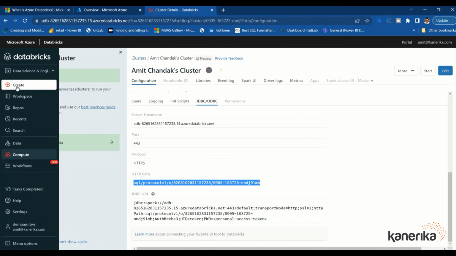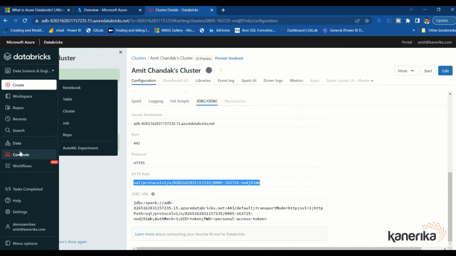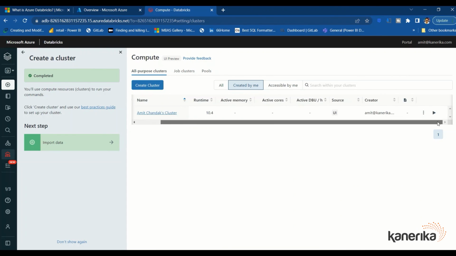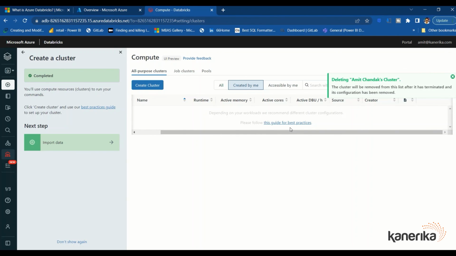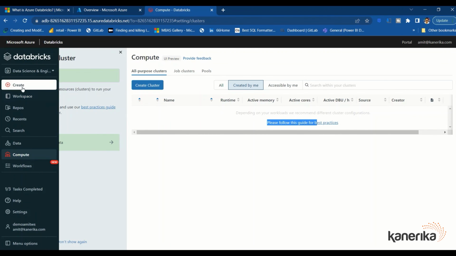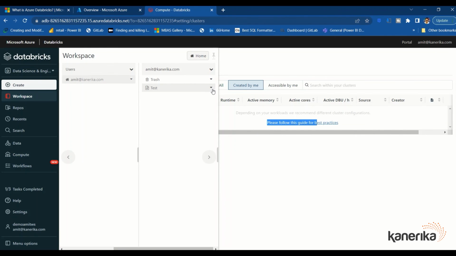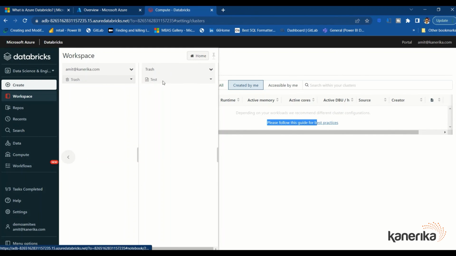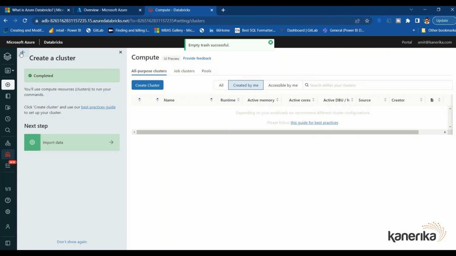Okay, I can go back here and click on the compute, and I can see my cluster here, and on the three dots, when I scroll to the right-hand side, I see a delete option, and I say delete, and it's saying deleted cluster. The cluster has been deleted. Let's see, do we have anything else left in the workspace? We have this test, and we'll say move to trash, confirm and move to trash. We go here in the trash, and we say empty trash. So I have done the empty trash also, and let's go back